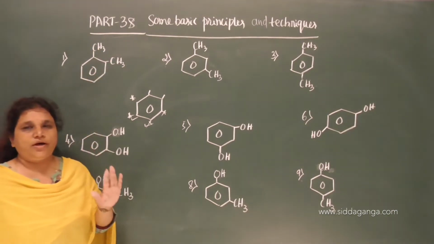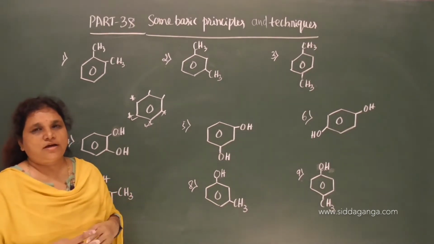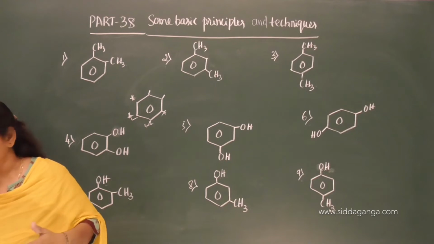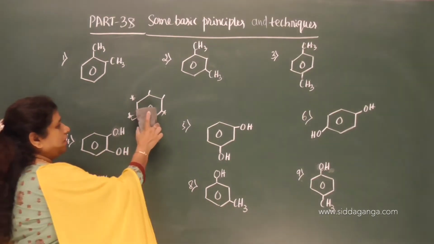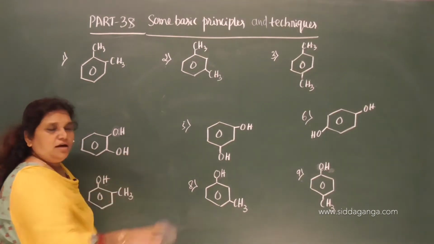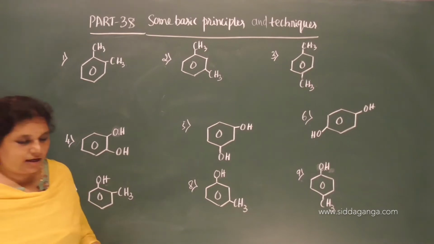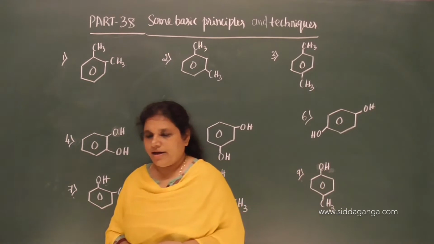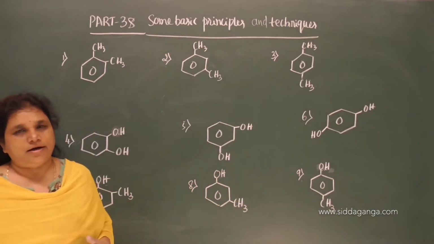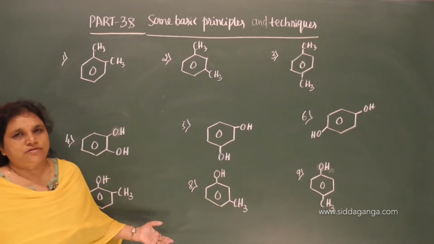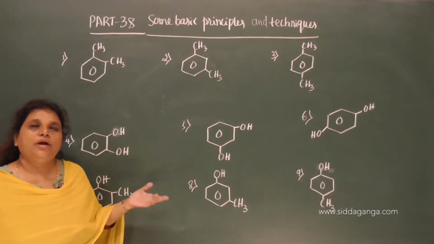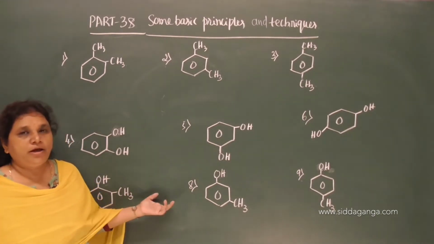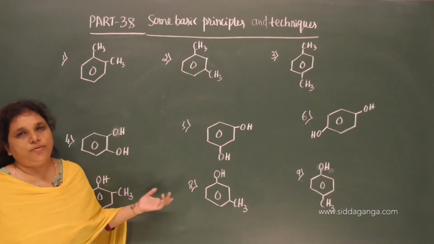So you should look at if the two substituents are on adjacent carbon atoms, then it is called ortho position, 1-2 position you can say. And if it is on alternate carbon atoms, then it is meta position. And if it is on opposite carbon atoms, then it is para position. For disubstitution, we have to use the prefix ortho, meta, para in common name and locants in the IUPAC name.